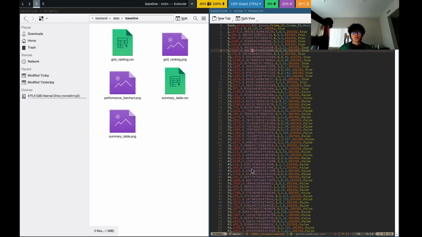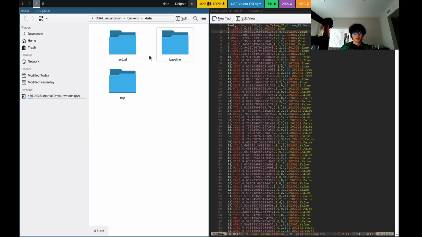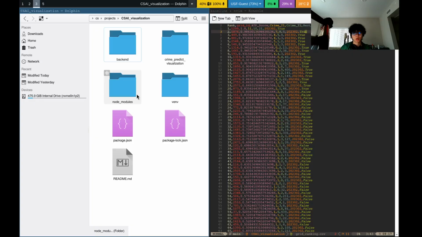Because the output of the file is just data of the grids, the ranking, the crime guess, crime predictions, and periods, and it's missing the coordinates. So I'm going to map the coordinates into a new CSV file in this folder called